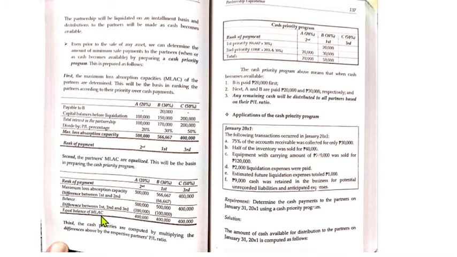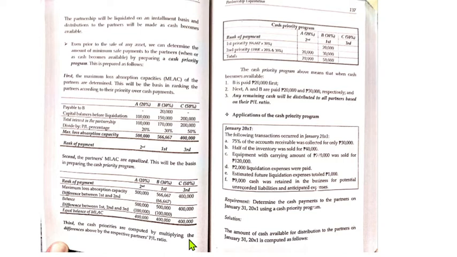So, have to deduct 100,000 for both A and B to equalize the MLAC. So, 100, 100. So, ngayon, equal na sila at 400, 400, and 400,000. Okay. So, okay na tayo sa second procedure which is yung ini-equalize yung MLAC. MLACs are equalized. Next, yung third procedure is the cash priorities are computed by multiplying the differences to the respective